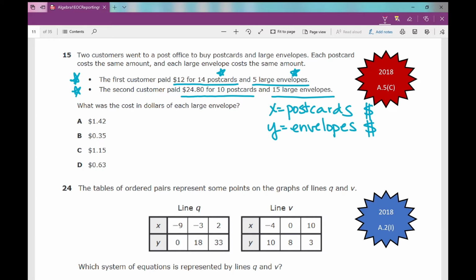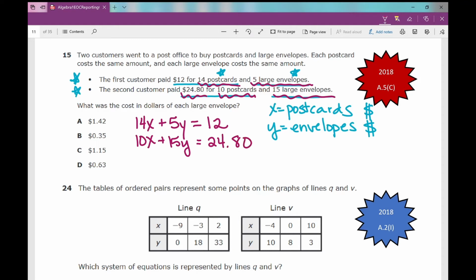Now we actually have to set up our equations. So 14 postcards, well, that's 14 times the cost for each postcard, plus 5 large envelopes, 5y, equals money spent. Next equation, the second set of information that I have: 10 postcards, that would be 10x, plus 15 large envelopes, 15y, equals